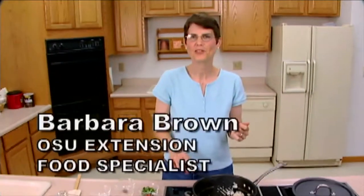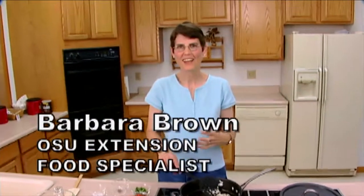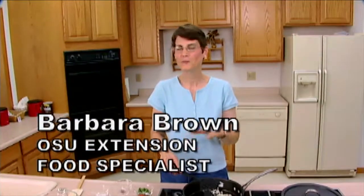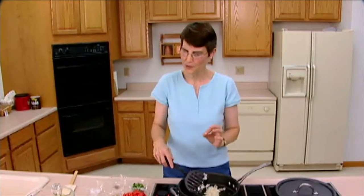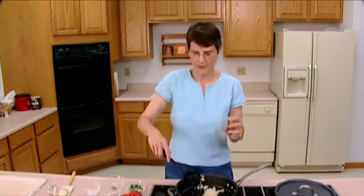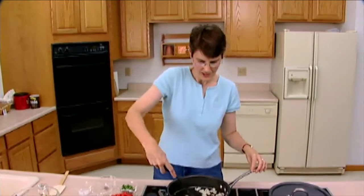Okra is a summer vegetable that belongs in the South. Before I moved to Oklahoma, it was not something that I was familiar with. And when you would talk to people, you get a polar opposite reaction. They either like it or they hate it. So what I'm going to do today is called stewed okra with tomatoes and cilantro. And for those people who are not fond of okra, this is not the recipe that's going to attract you